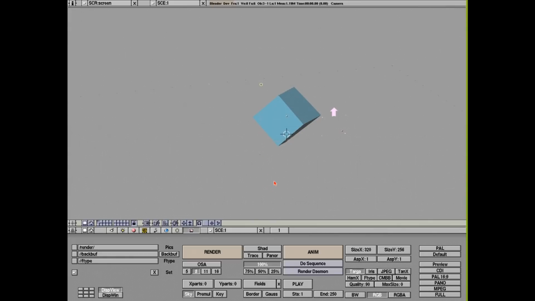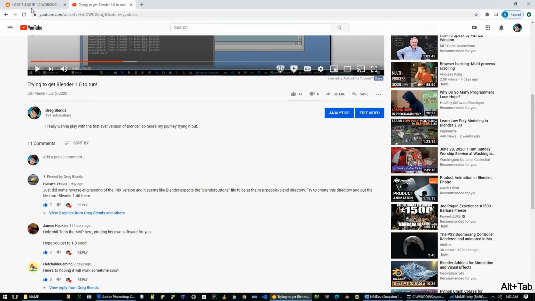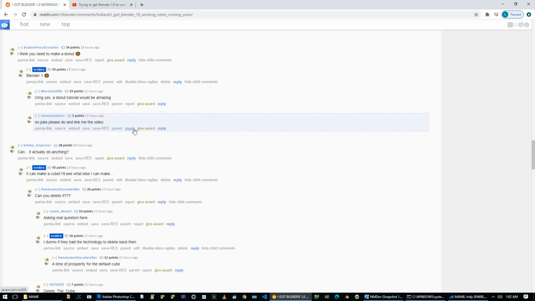Alright, so it's been about a half hour of me playing with this. Let's actually try to do something other than just play with this cube. So I posted on Reddit that I got Blender 1.0 working, and someone said, can it actually do anything? I was like, well, it can make a cube. But someone says, I think you need to make a donut. I said, Blender 1.0 donut. And they said, oh my god, yes, a donut tutorial would be amazing. No joke, please do, and link me the video. So I think it's been decided from the Reddit comments that I need to try to make a donut tutorial